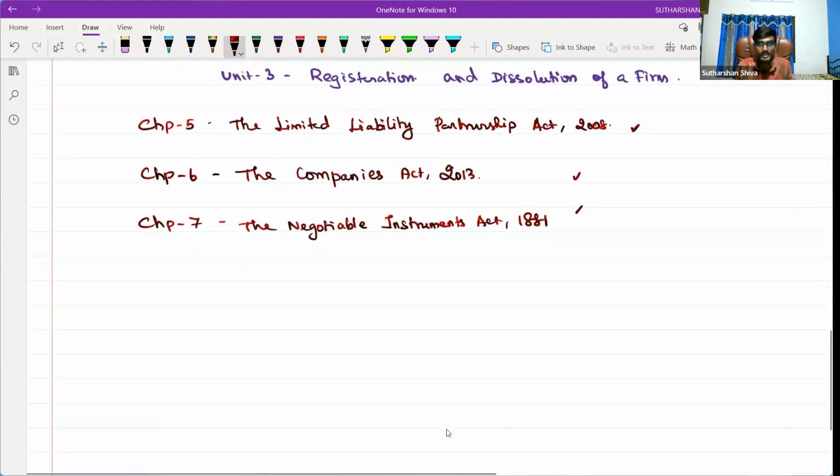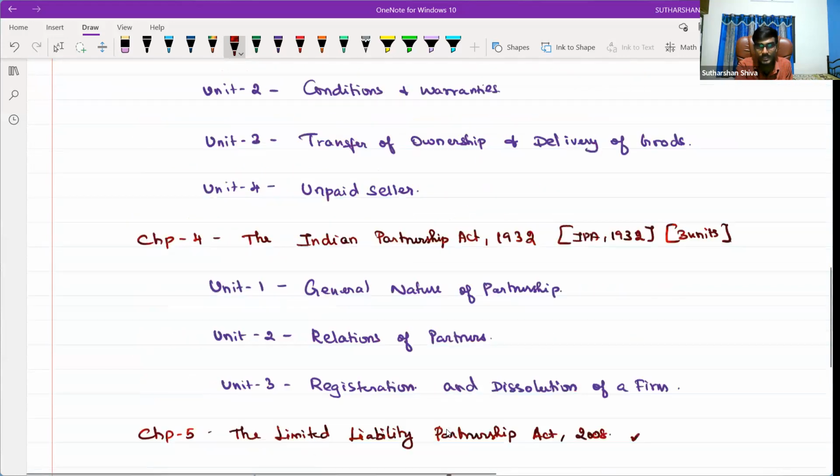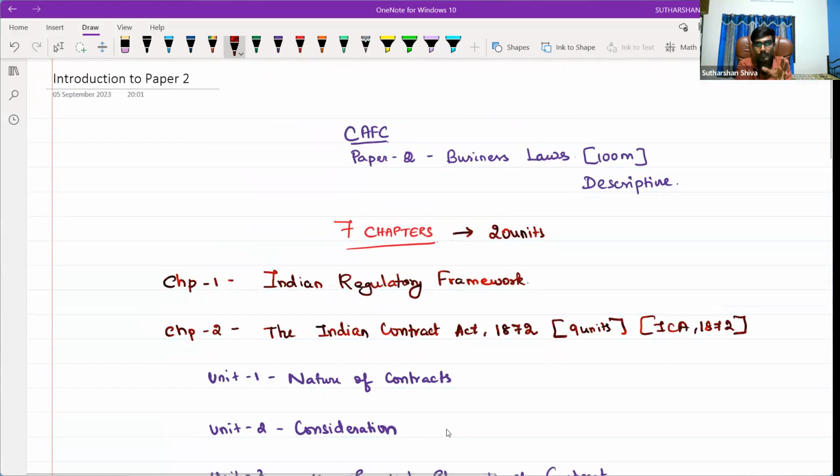The strategy, how you are going to crack the paper and approach the paper, the faculties will take care of. With this, the introduction about paper number 2 is over. See you in the next introduction class on paper number 3, which is my favorite paper. Some of them will feel it is difficult, but I feel it is my most favorite paper. Next, we will go through the introduction to paper 3.